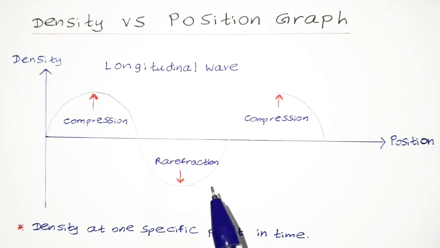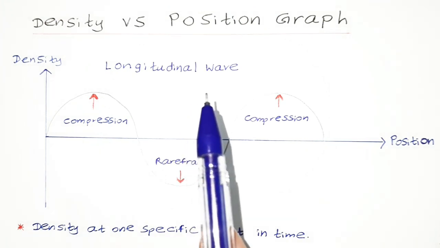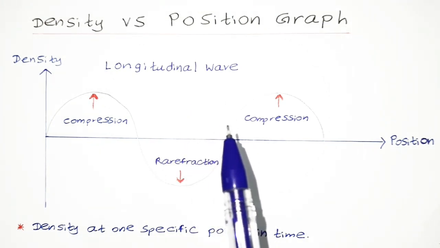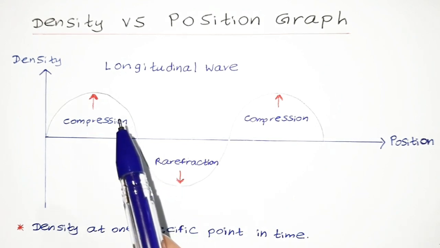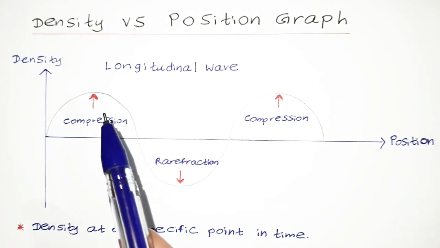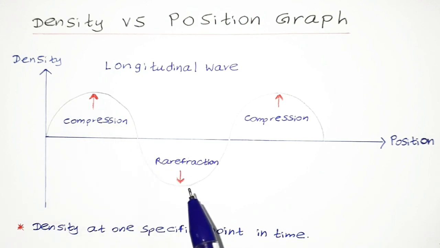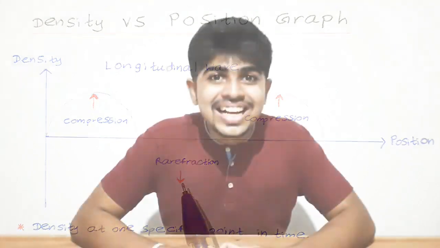At one particular instant, if you take an image or a photo, we would obtain this graph for a longitudinal mechanical wave. Here also you can see the terms compression and rarefaction. The compression is a point where the particles are compact to each other, whereas the rarefaction is a point where the particles are far apart from each other. So guys,